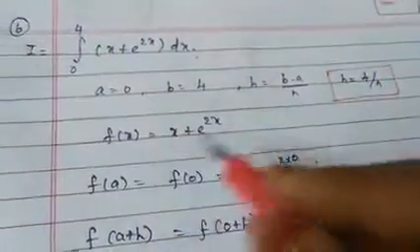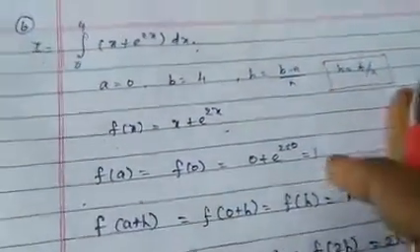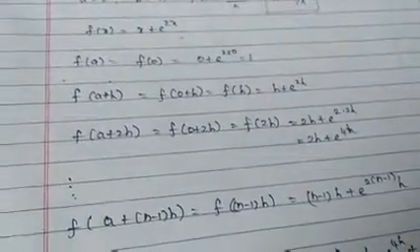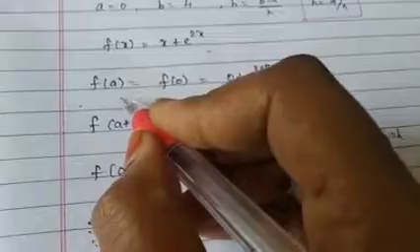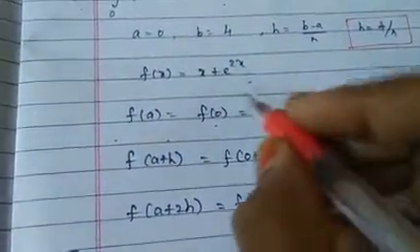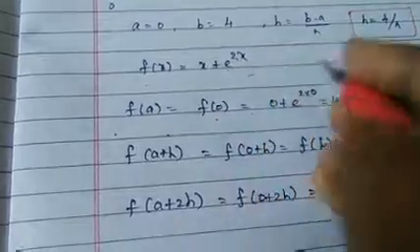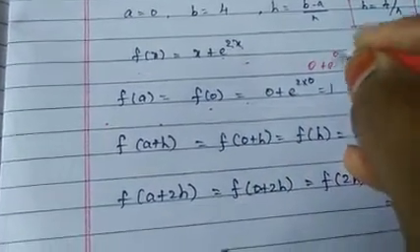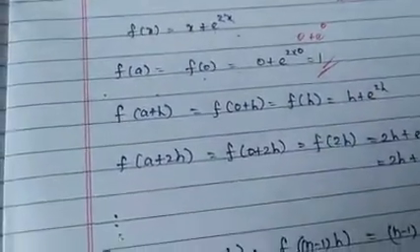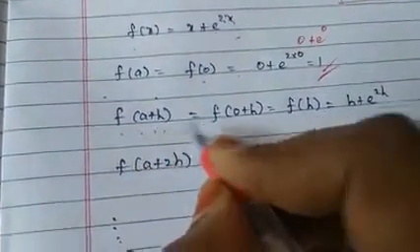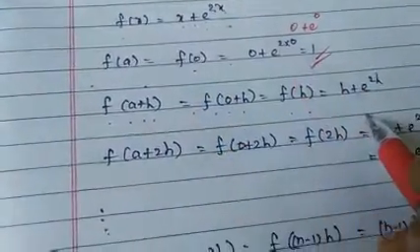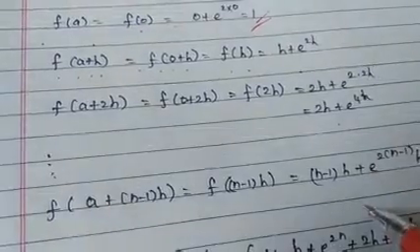After that, write what is the value of x and substitute what is f. Find out what is the value of f of a, f of a plus h, f of a plus 2h, f of a plus n minus 1 into h. For the first thing alone, I will tell, f of a, a value is 0. So write f of 0, that is 0 plus e power 2 into 0, is 0 plus e power 0, anything power 0 is nothing but 1. So here you will get 1. Don't write 0 here. And f of a plus h, that is f of 0 plus h, is nothing but f of h. When you substitute here, h plus e power 2h. Similarly, write for the remaining terms.